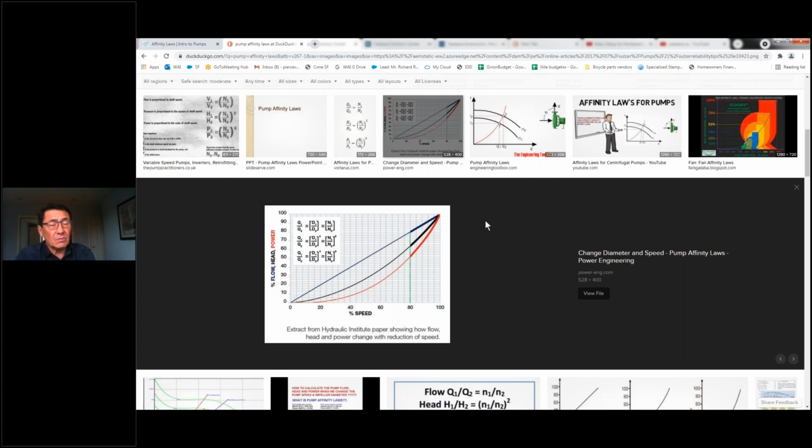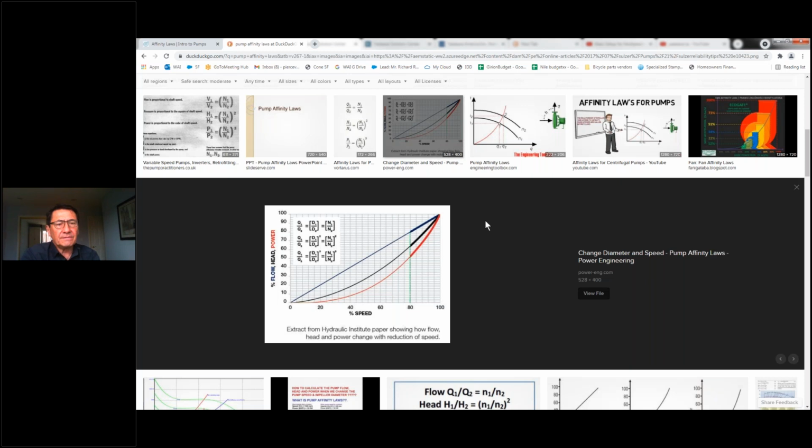A fan is nothing really more than a pump of air. So the same principles apply to it in terms of engineering. And the main aspect of the affinity laws that I want to illustrate to you today so that we can better understand the power of the energy savings that we can harvest using a variable frequency drive on a centrifugal pump is that